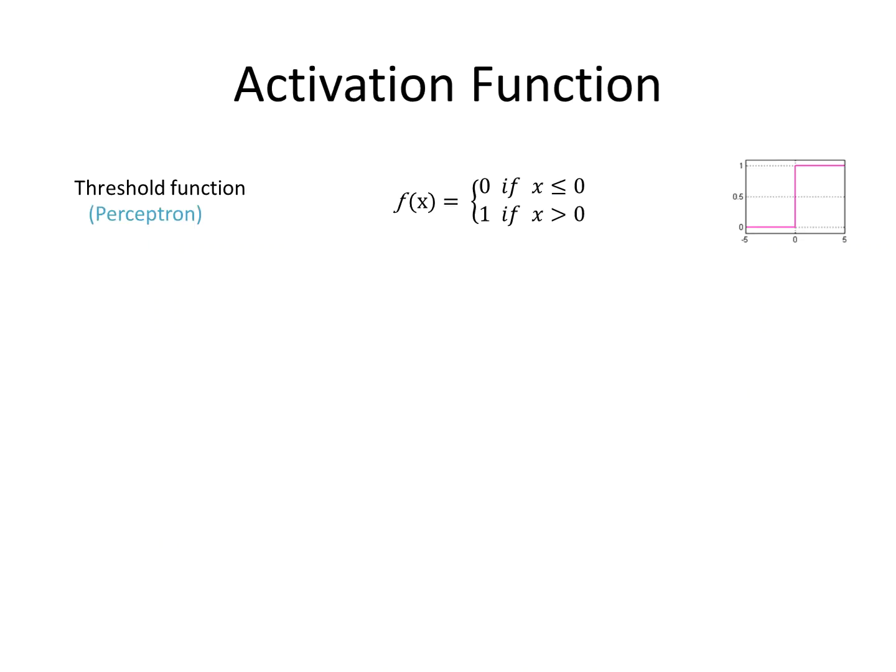Let's move ahead with the activation function. Why is the activation function needed, and what kind of activation function can be used? For perceptron training, we can use a threshold function, and its output will be 0 if x is less than or equal to 0, and the output will be 1 if x is greater than 0.